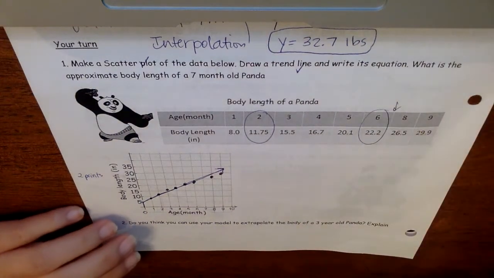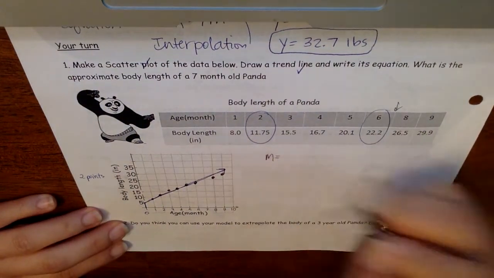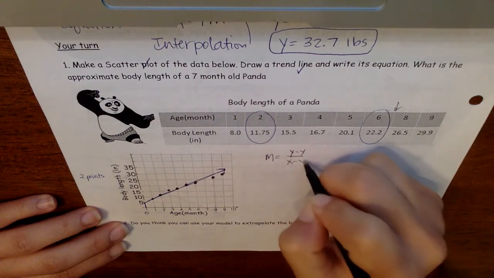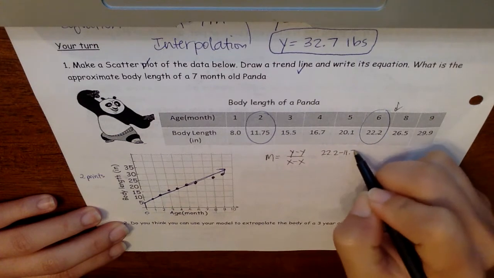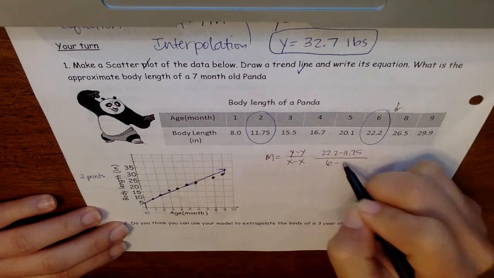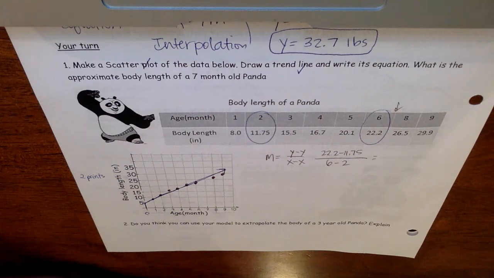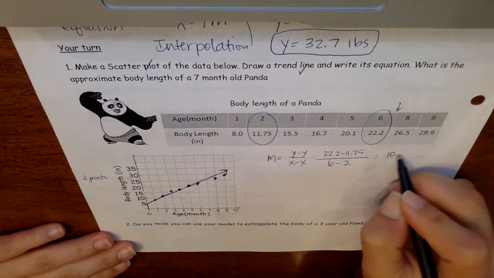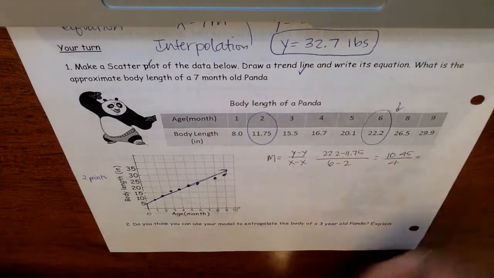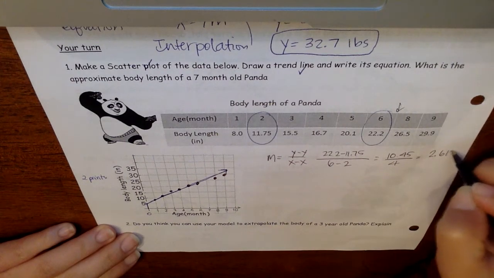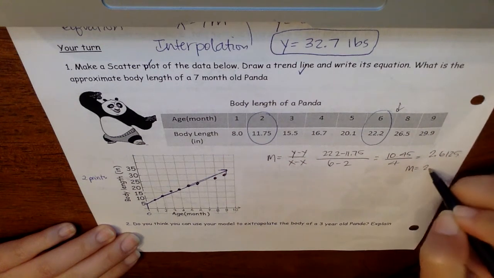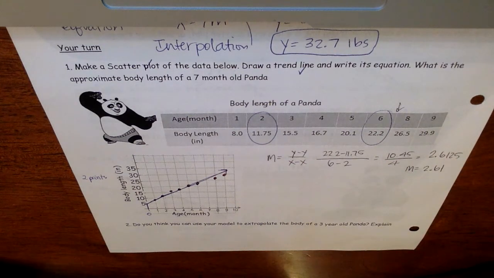Now I need to write an equation. I need to find the slope, y minus y over x minus x. So y 22.2 minus 11.75 over 6 minus 2. You can use your calculator. 10.45 over 4 and 2.6125, so we're going to round to 2.61. 2.61 is our slope,